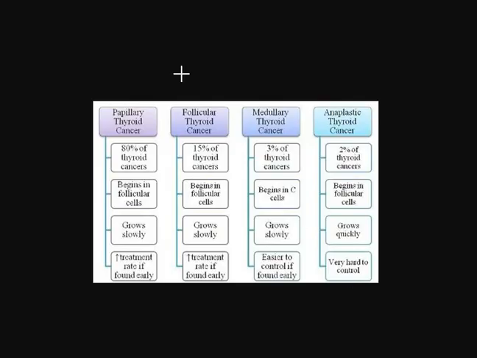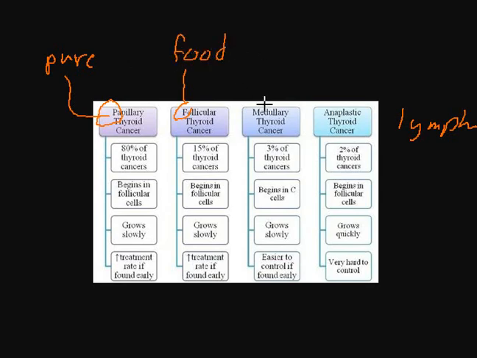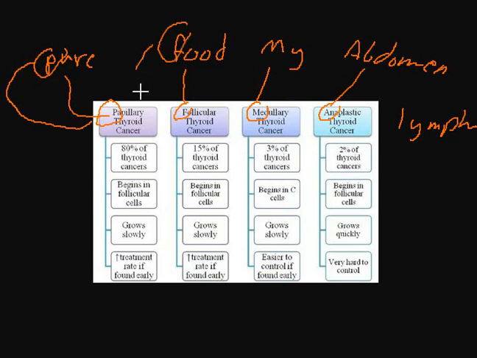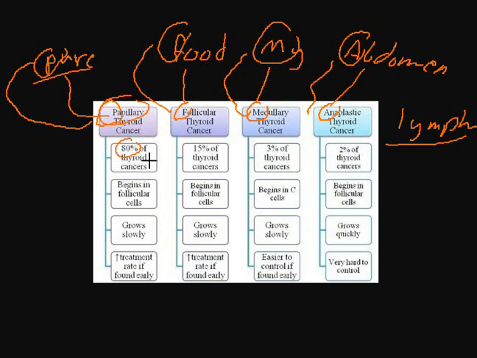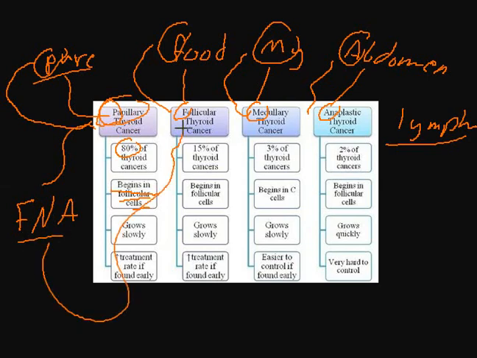Few words about thyroid cancer. First of all, I want you to know that thyroid cancer behavior is relatively better than other types of cancers. It's one of the least aggressive cancers in comparison with other cancers. We have five main types of thyroid cancer, and here we also have the lymphoma.